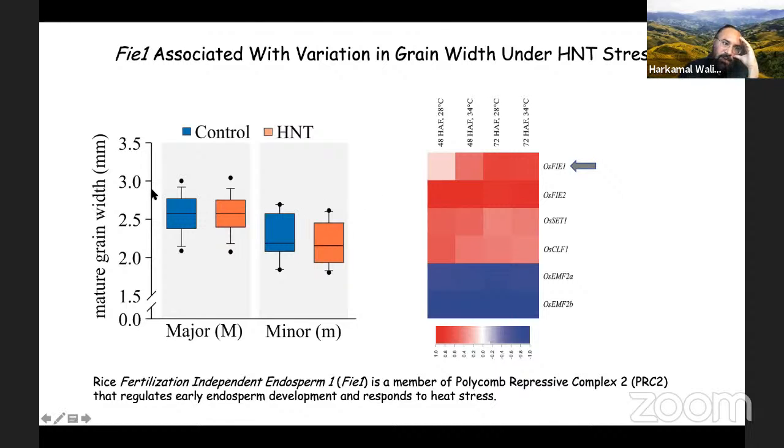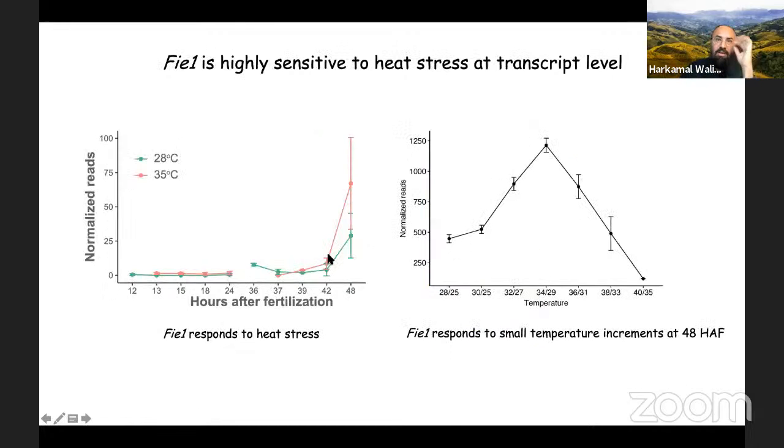specific gene. So what we find is that if you have the major allele, in blue is your control conditions, in orange is your HNT, the major allele, which is the big M, have wider grains. And if you have the minor alleles, you have less wide grains. So we looked at the HN51